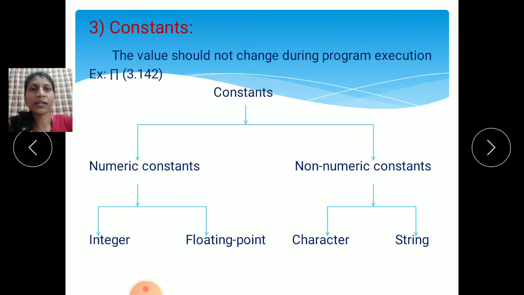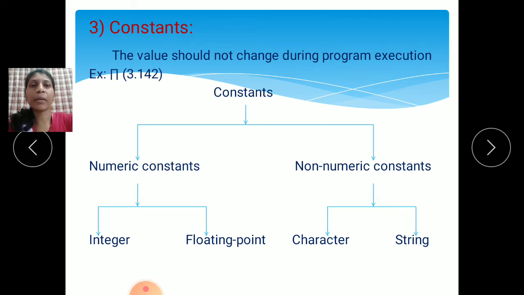Then the third C token is constants. What is the meaning of the word constant? Constant means the value remains the same. It will not change during program execution.